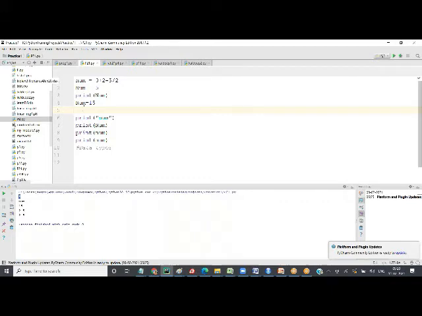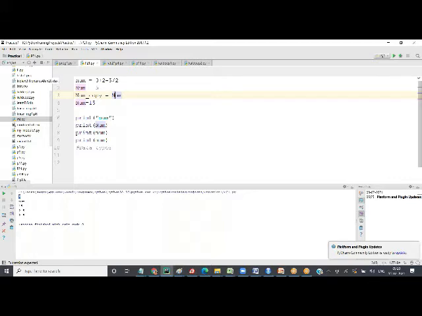So if I have to save this, I will say num copy equal to num, and then I say num equal to 15. So I'm saying num equal to 5, num copy equal to num, and num equal to 15.